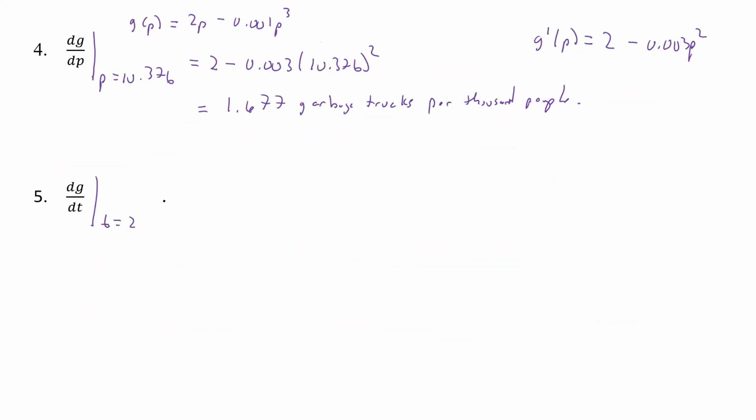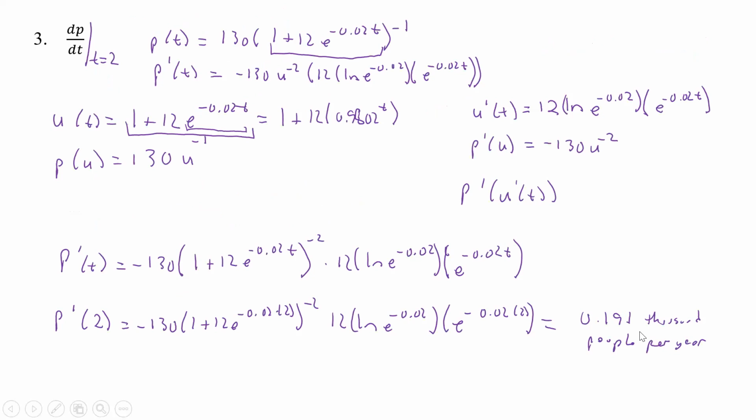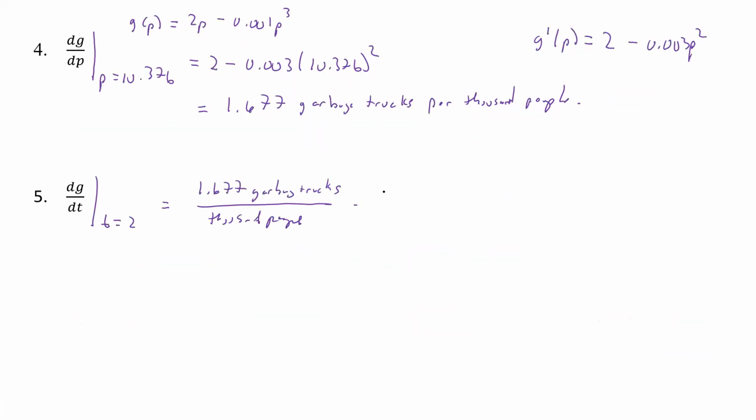So now I'm just going to say, okay, well, that's going to be equal to, I just multiply those two together, and so I'll have the 1.677 garbage trucks per 1,000 people times, and over here I had 0.191 thousand people per year, I believe, yeah, per year. And so if I multiply those two together, we are going to get,